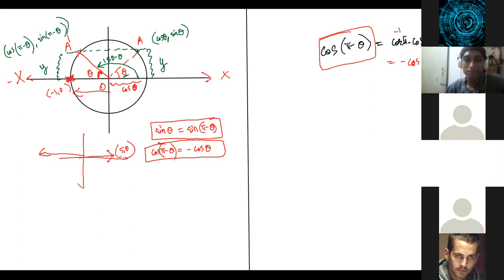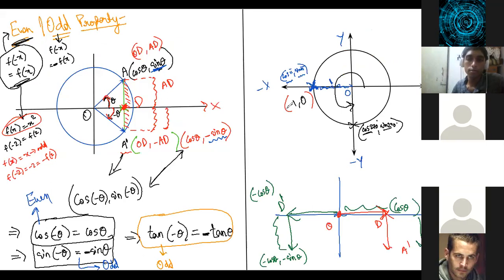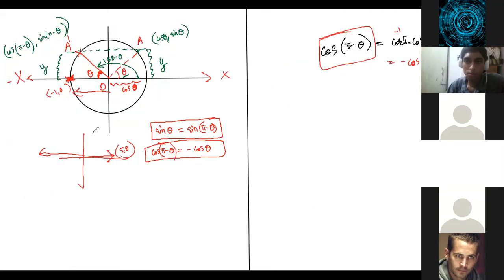No, this is not the even odd property. The even odd property is talking about theta and minus theta. This is not the even odd property. Now we are just talking about a common sense property. If you go 5 units here, it is plus 5 comma 0. If you go 5 units on this side, then the point will be minus 5 comma 0. Now similarly, when you're coming a particular distance, you are telling it is cos theta. So we're talking about the image. A dash is the image. So you're going the same distance in the opposite direction. So what will the coordinate be? Same magnitude but opposite direction.